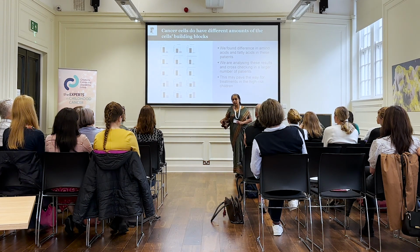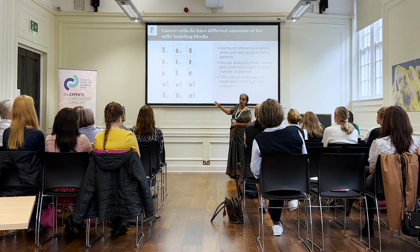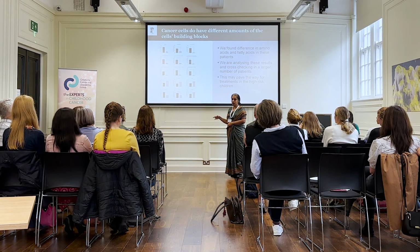That's not surprising. But what is surprising is how few chemicals are responsible for this change. 30 is quite a small number to work with. And the vast majority of them are fatty acid